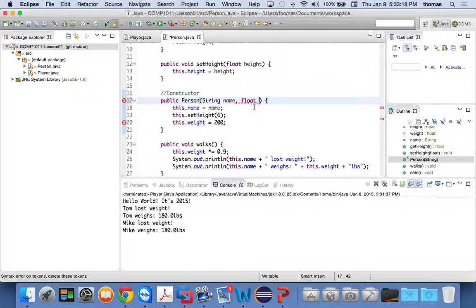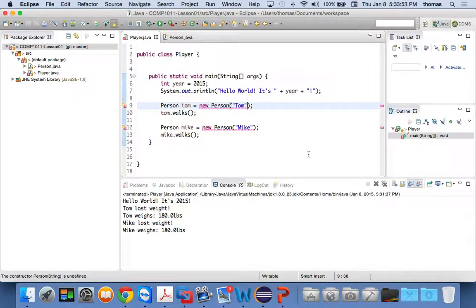Let's make it a float, and we're going to make it a height, and this is the one time, aside from you can't set the height without using the setter, but you can set the weight. Okay, so we'll say this dot weight is equal to weight, right? So I'm asking for my name and my weight now. My height, I can only use the setter in this example, right? And if I go back, would it run with that error when you have a double? Let's see. So now I'm going to add in